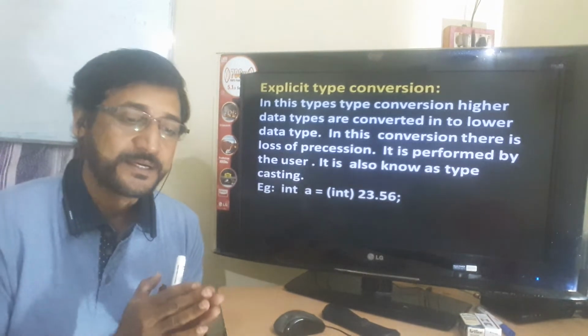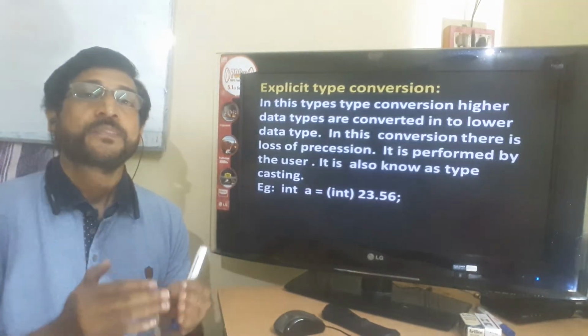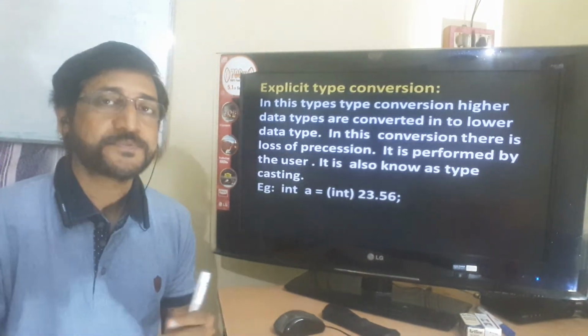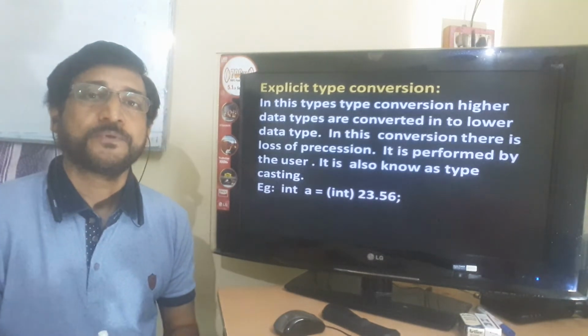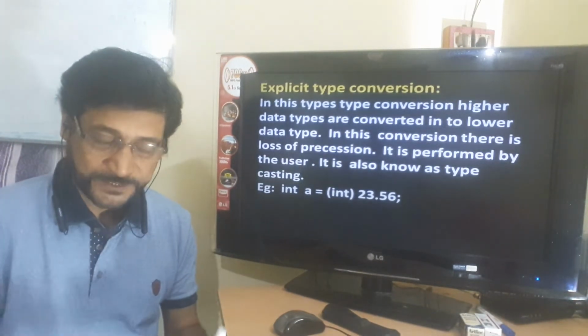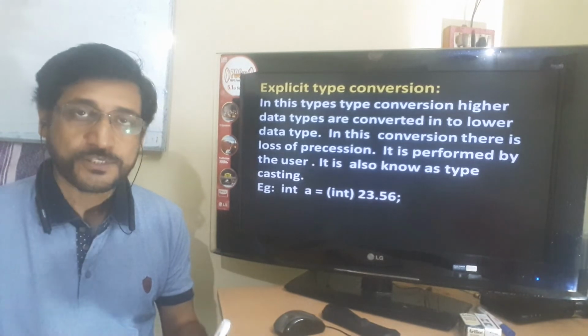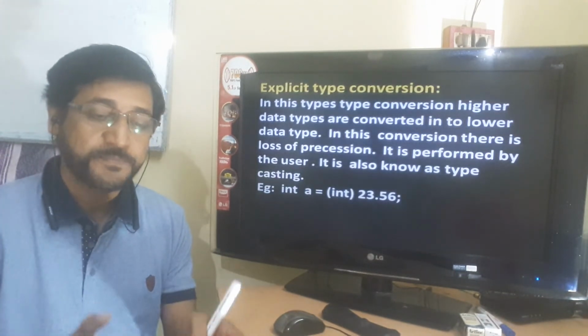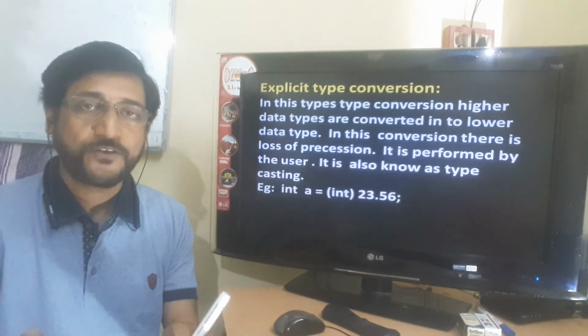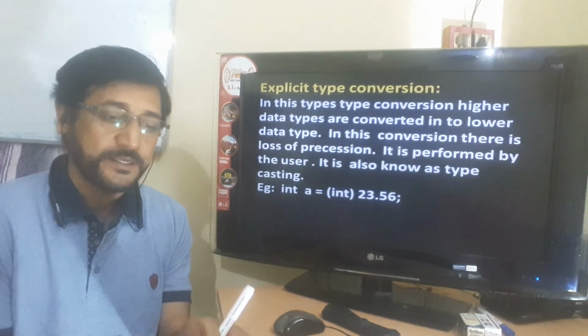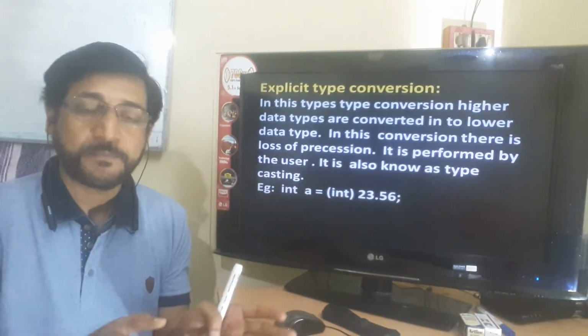So in explicit type conversion, higher data types are converted into lower data type. It is done by the user explicitly. In this case, there is loss of precision, as you are going to store data of higher data type in a data type of lower size.